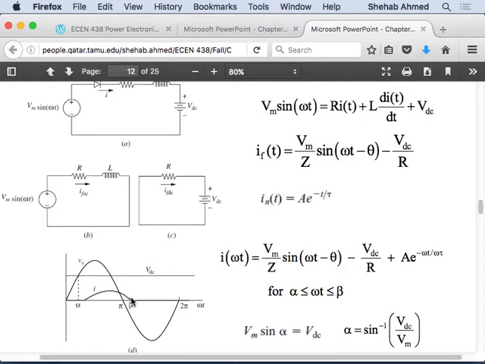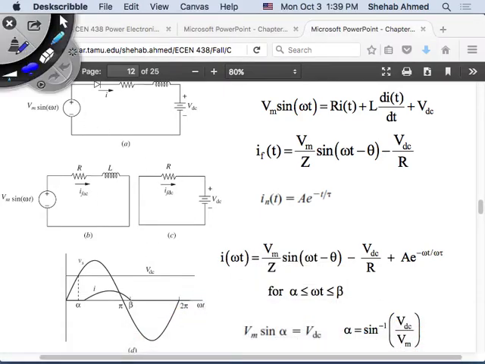What else do you know about it? You know that it's going to be beyond which point? Where the resistor current would have stopped. Remember, in this case it's the RL with the source. RL with the source. Where does the current for the resistor